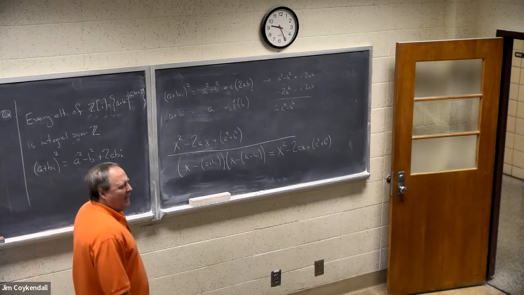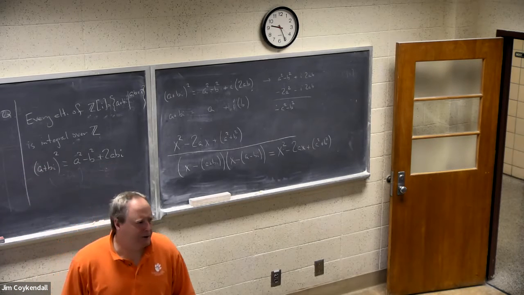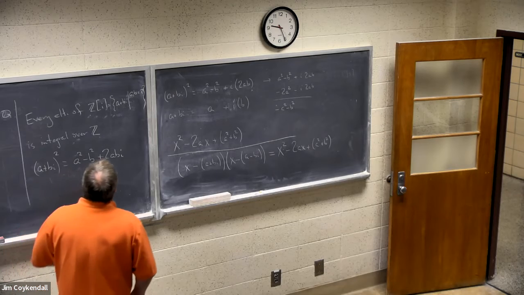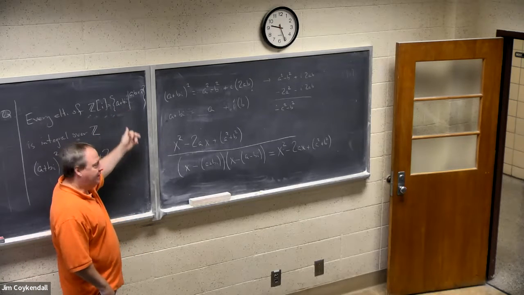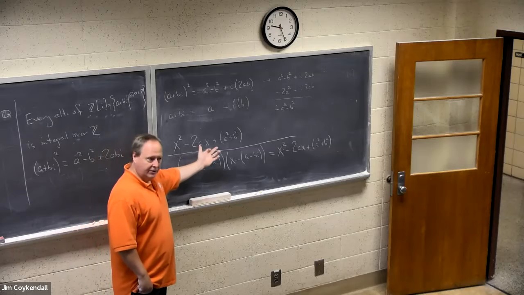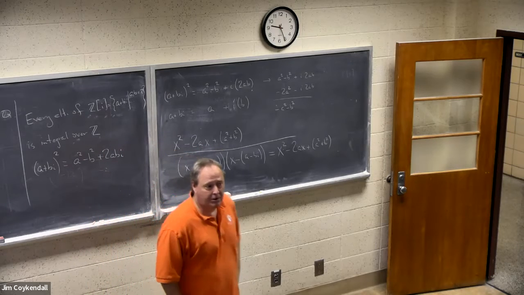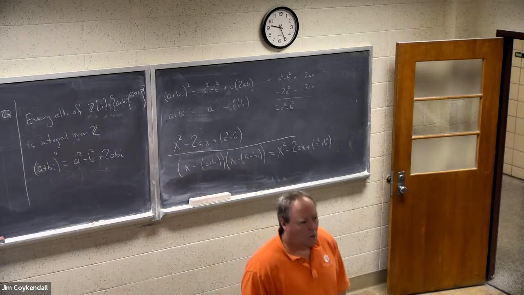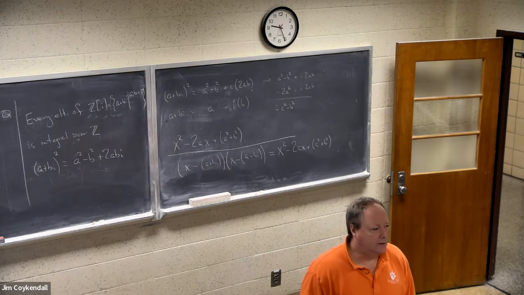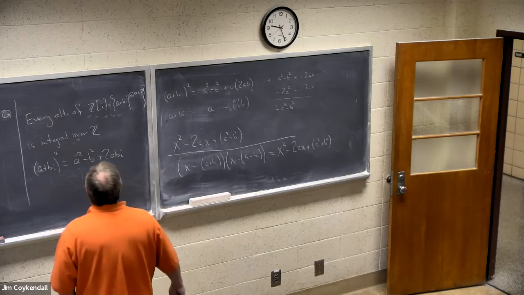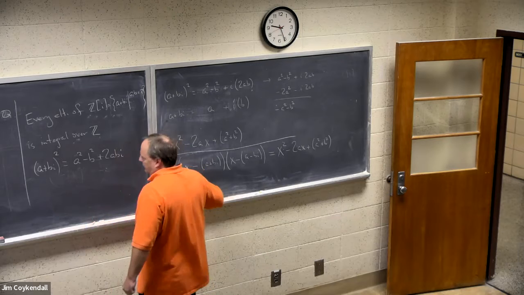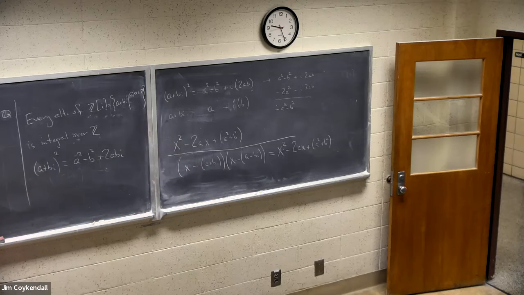Now, I guess what I've convinced you is this. I hope that if you have any a plus bi where a and b are integers, then it's integral, right? Because there's a small hole, right? Are there any others? So every element of this, so here's a question. If you look at the quotient field,